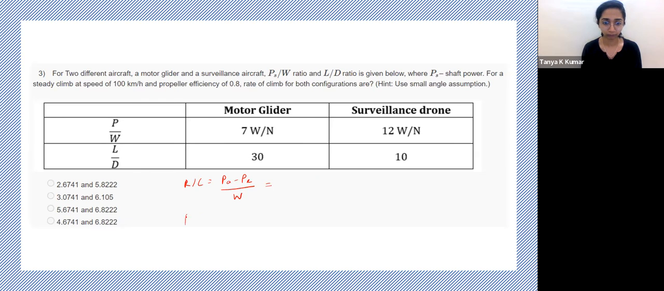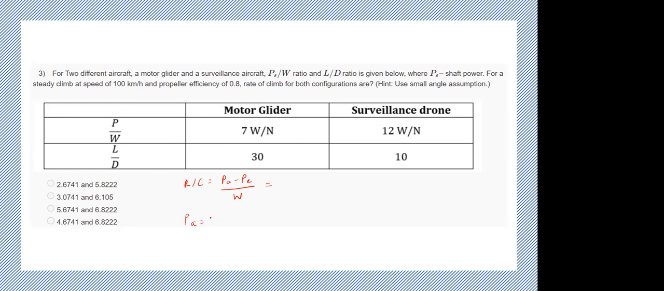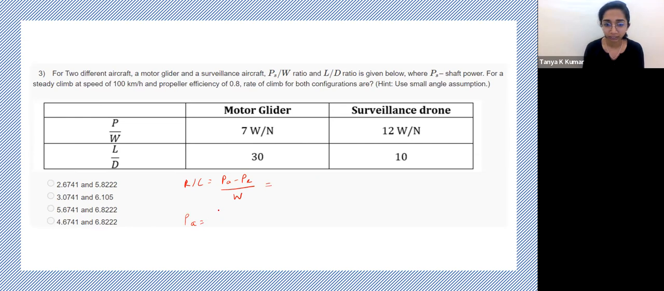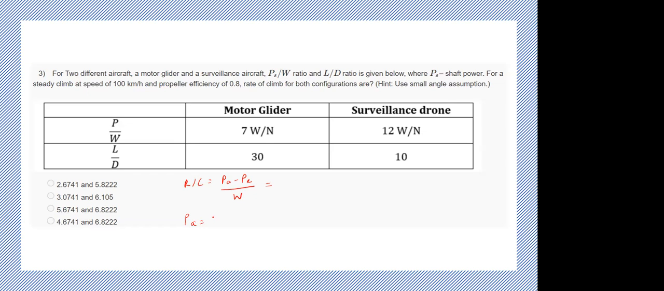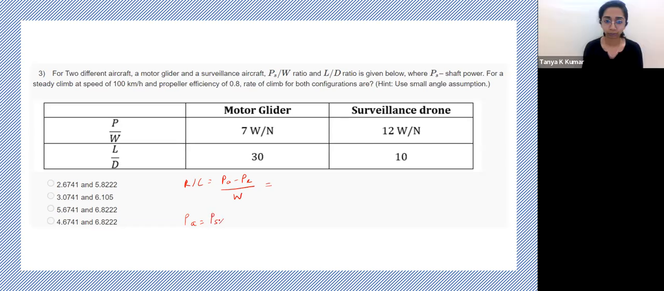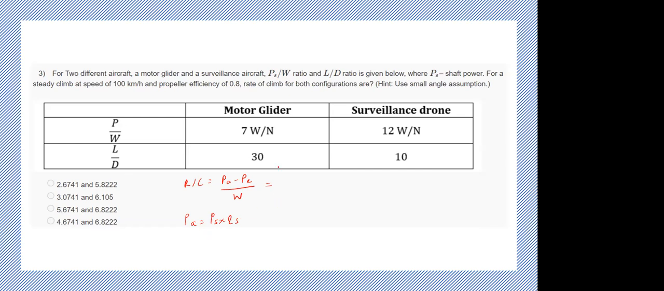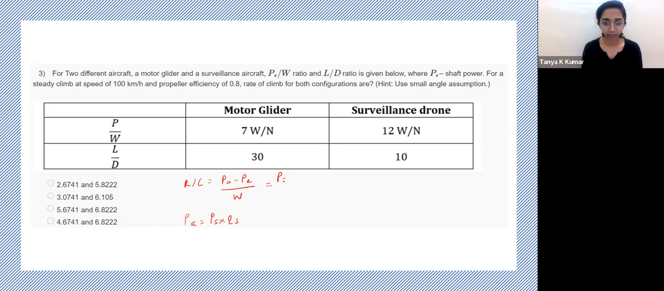What is the power available? Propeller efficiency multiplied by the shaft power. So it'll be shaft power into propeller efficiency, right? Yes, ma'am. So I just substitute that here: PS by W, minus